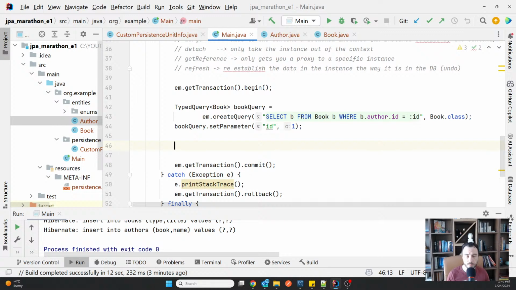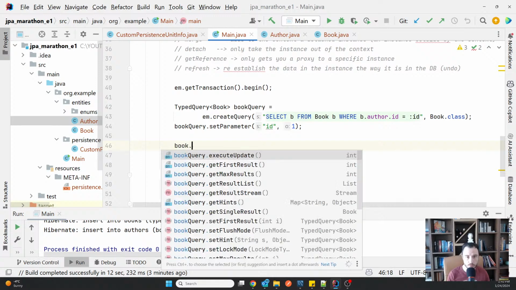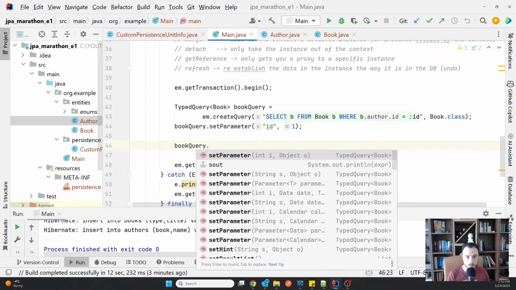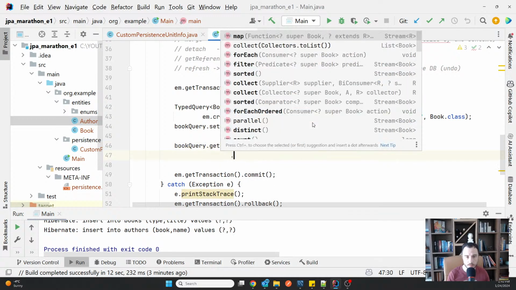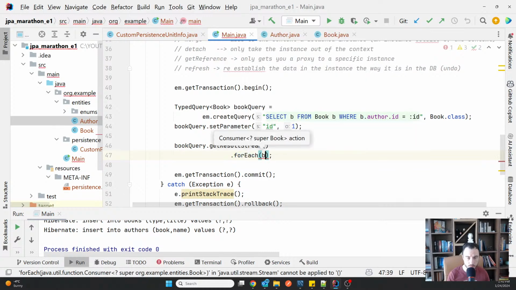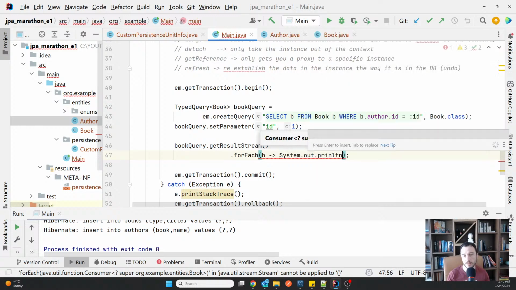So this is all the books for the author with the ID 1, which hopefully is me. And then bookQuery getResultStream, forEach book, System.out.println it.